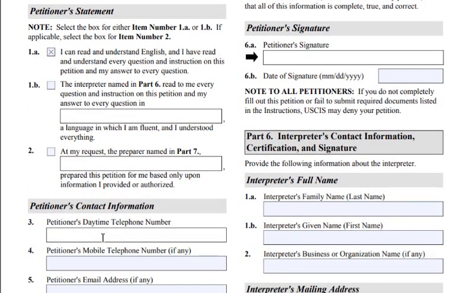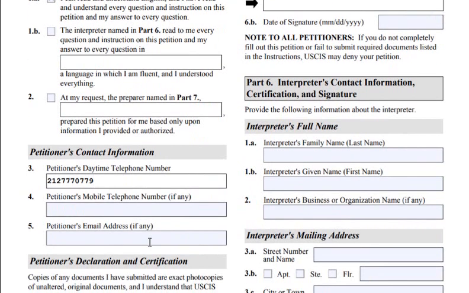This is your phone number, you'll put it in here. I don't know why I always put the lines in between. If you have a mobile number, you will put this in. If you have a mailing address,